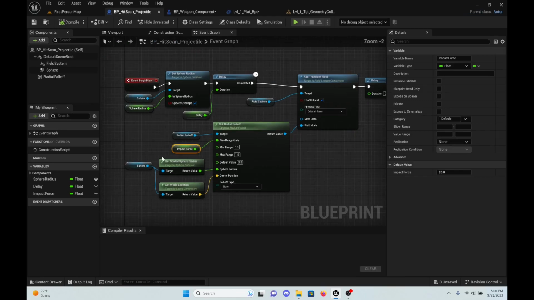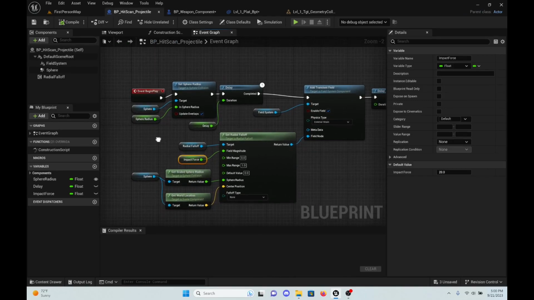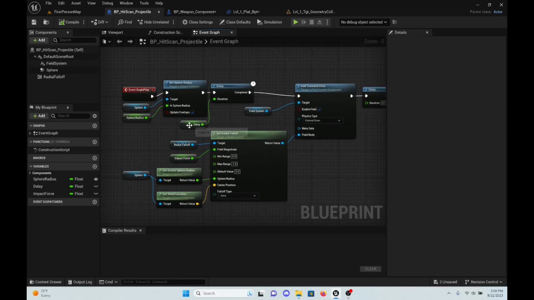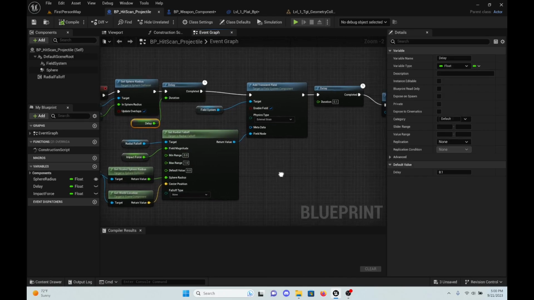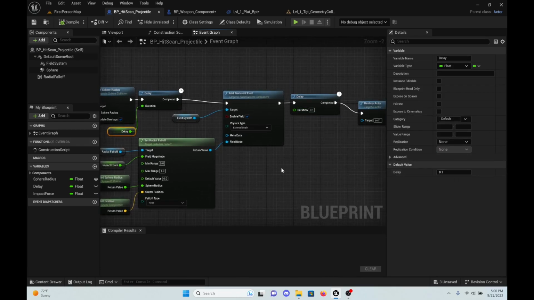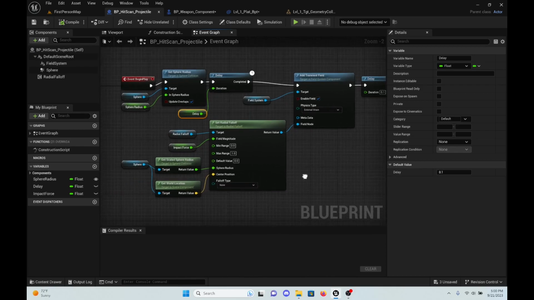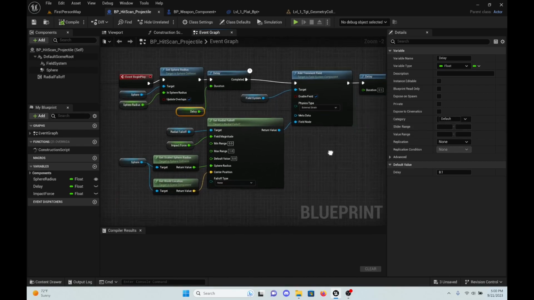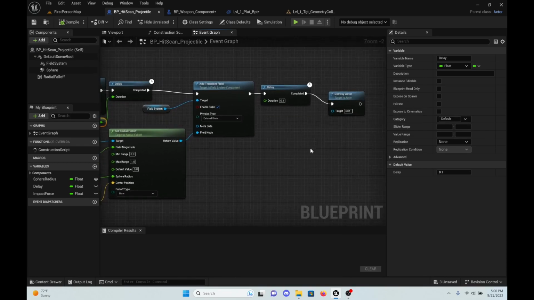So then this is the actual projectile right here. Essentially all it's doing is it has a little bit of a delay for whenever it hits. The reason for that is because it gets really funky whenever it's at 0 and it's instantaneous. It does work sometimes and it doesn't work other times. But essentially all this does is once it